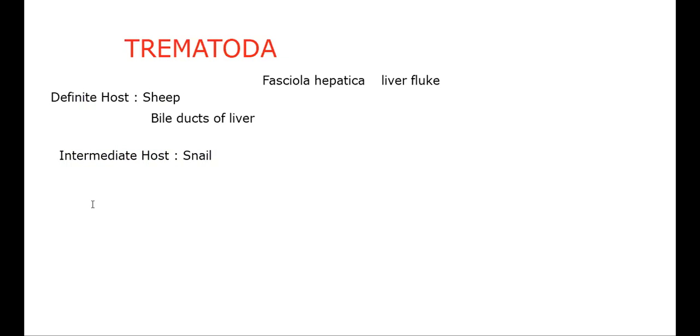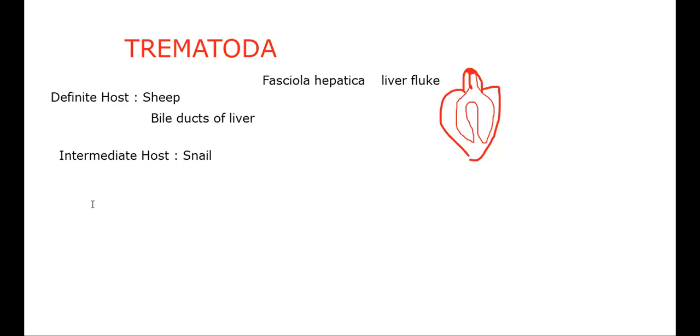Now we came to know how it moves from the liver of sheep to the intermediate host, the snail, which you need to see. This is Fasciola hepatica. What is hepatica? Hepatica means liver. It lives in the liver, and when it lives there it looks like a line in the liver of sheep. In that way it is called Fasciola hepatica.